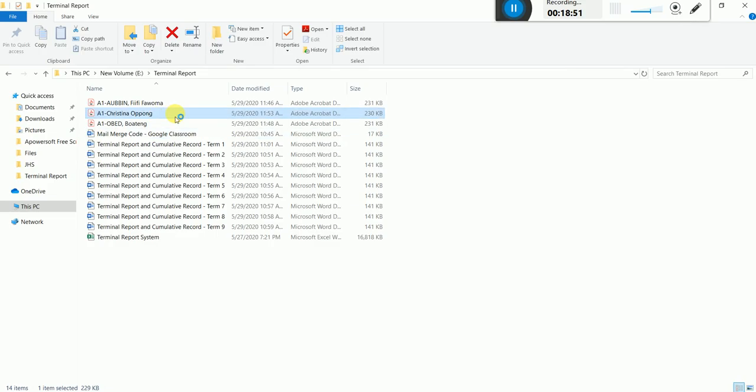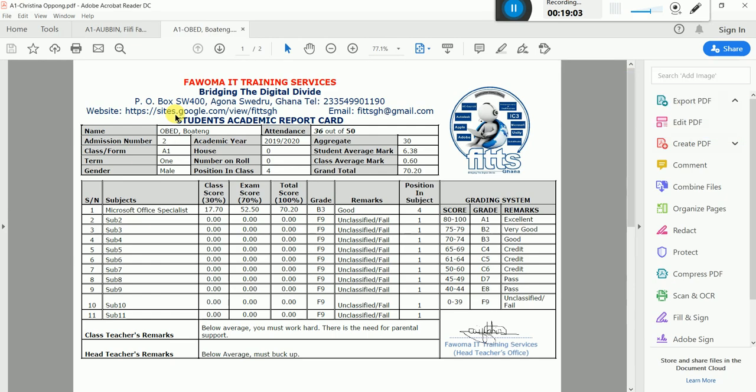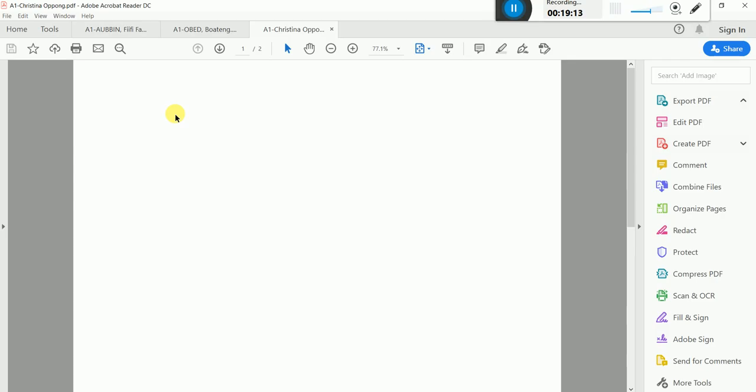Okay, so this one is for Christina Opon. So take your time, go through the codes, go through the changes that I made. And anytime you want to generate a report, you know the specific location to pick your database source, a specific location to save the PDFs after it has been generated. So let's wait for our last student. Then I'll end this lesson. Then we talk about how to automate this